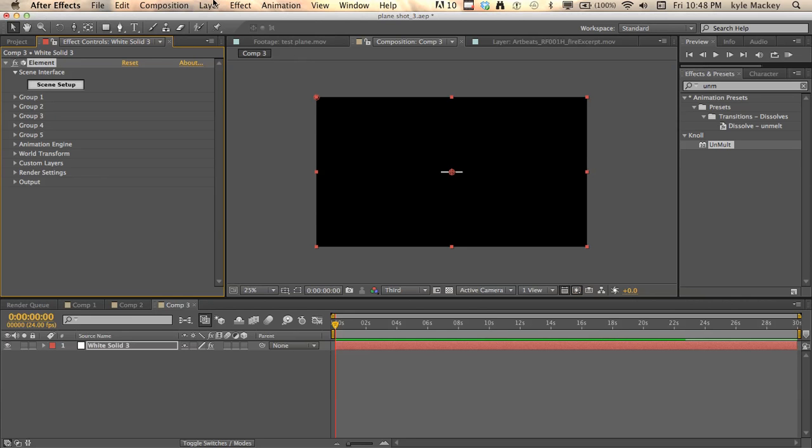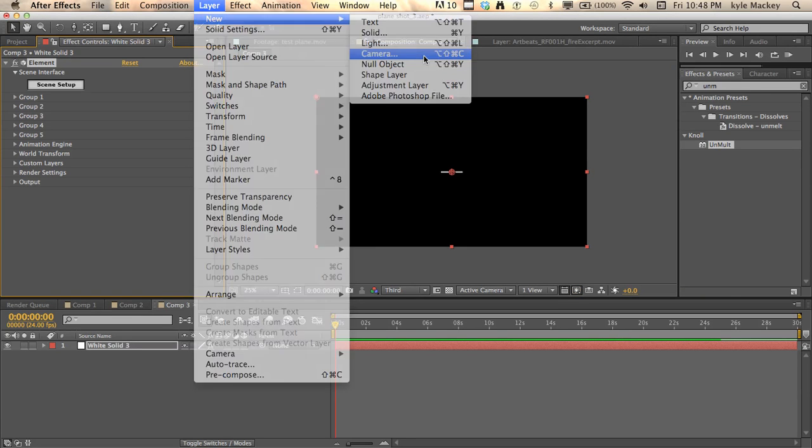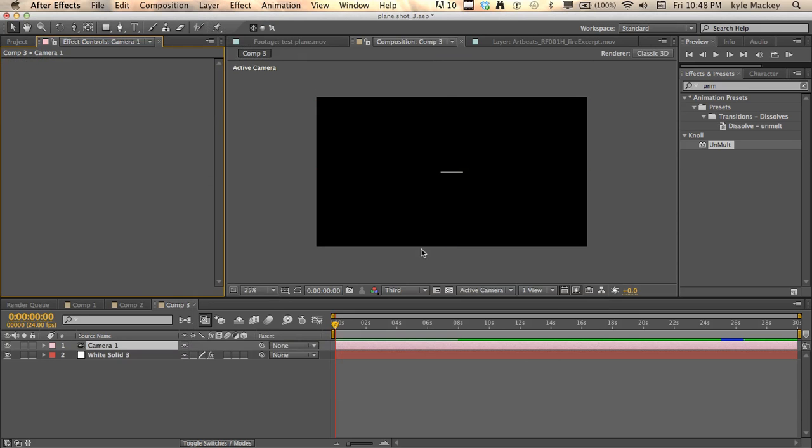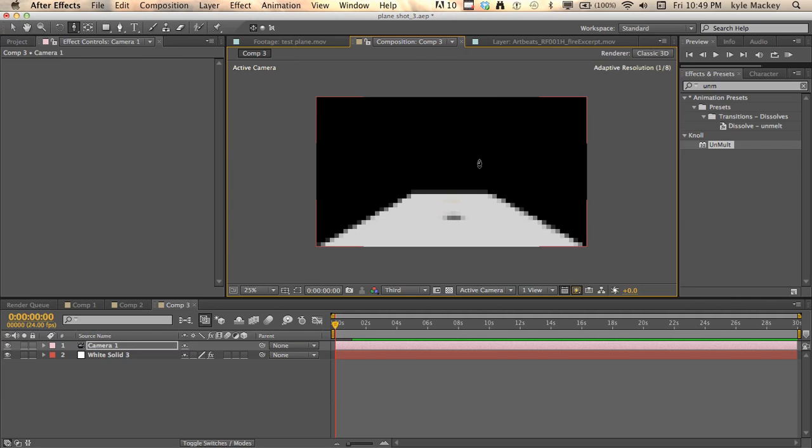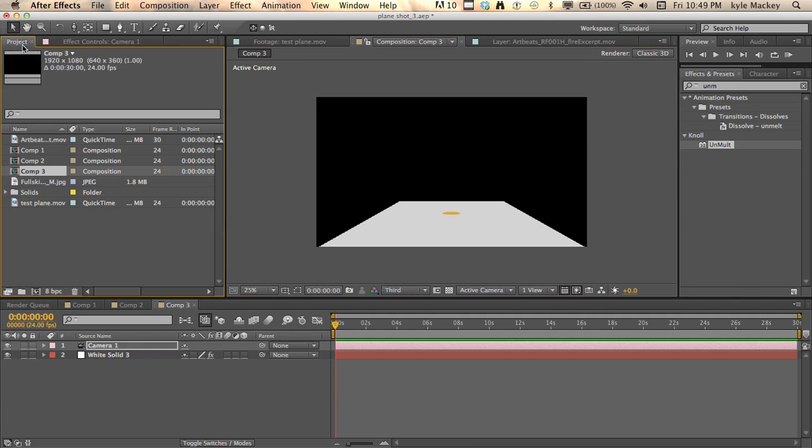Okay. Now I'm going to add a camera. Default is fine. I'm going to hit C to go to this thing, bring it close to it. Switch to the other one by just hitting C, bring it down a little bit, going back. So now I can scroll up and down this thing. And I'll put it on the yellow one, the spot. You can do whatever, but I'll show you how to do a specific point. Okay, so let's bring in our little fire,